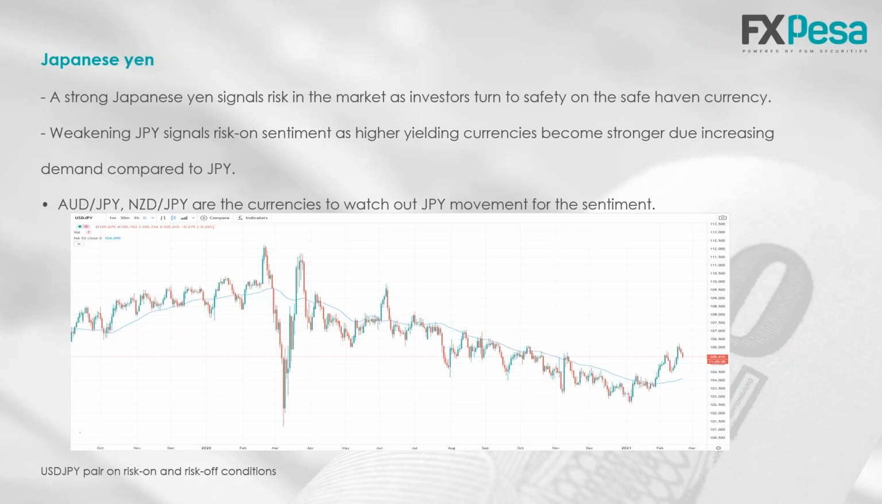So a weakening Japanese yen signals risk on sentiment, because people are turning to high yielding currencies, and the currencies are becoming stronger because there's increasing demand as compared to JPY. So we have several strong currencies, but we're looking at Japanese yen specifically because during times of crisis, you